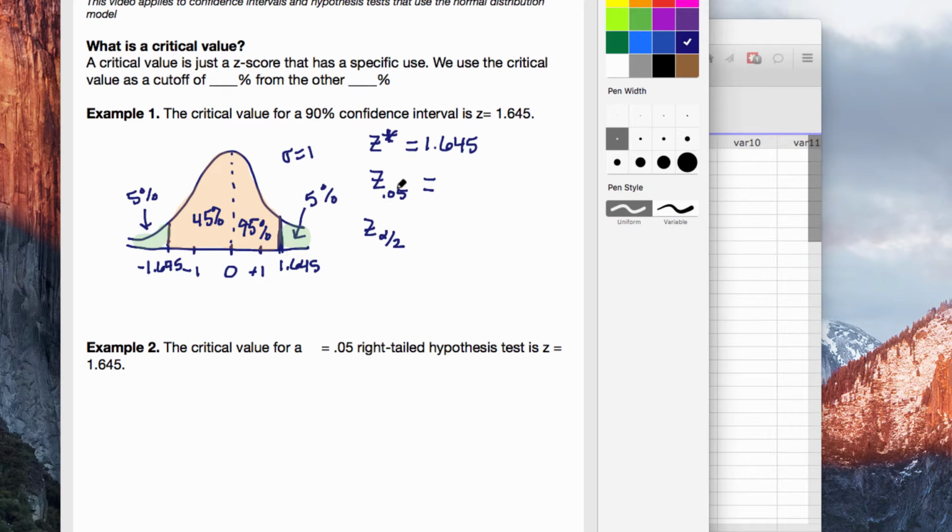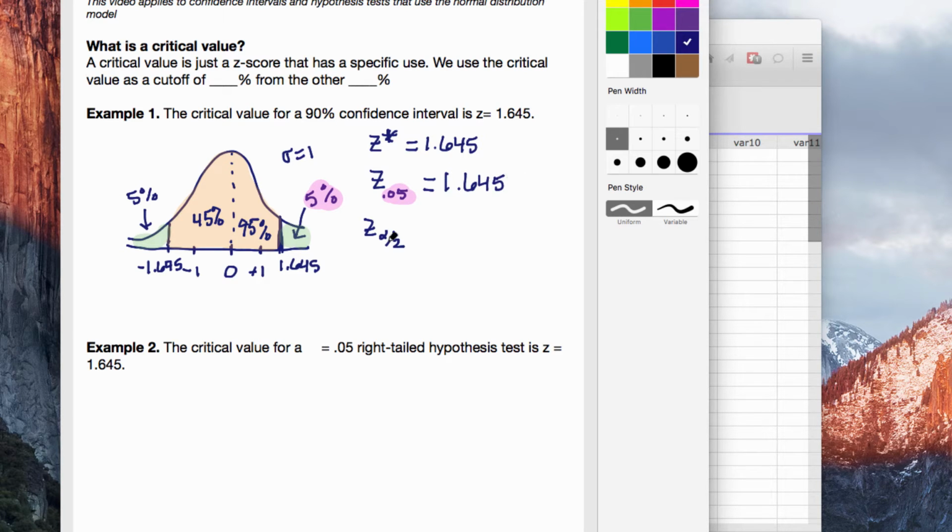This 0.05 tells you that there's 5% in that upper tail. So I'm going to highlight 5% matches with this 5%. And coincidentally, there's 5% in the left tail as well. But we want to have a positive value, so we're always saying, hey, the 5% is in the right side so that you get your positive critical value. If you look at a confidence interval formula later on, there's a plus and minus. So the minus on the left side is taken care of. You just want the positive right now. So back here, Z.05 is